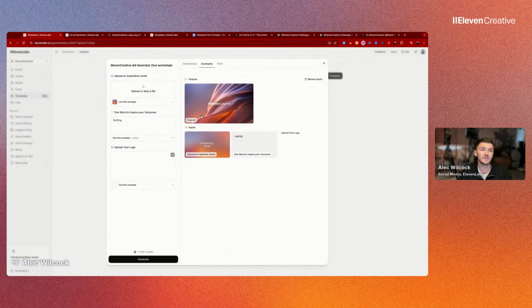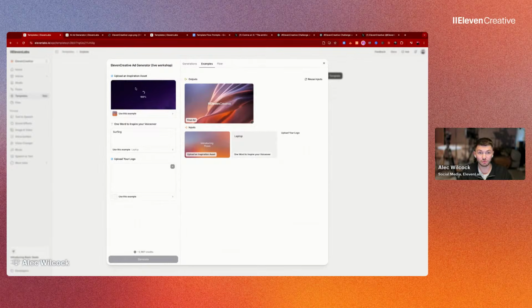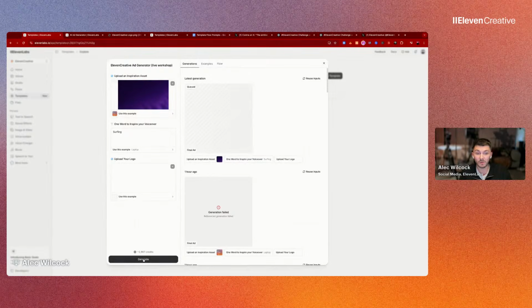And then instead of using the example we provided, let's say we wanted to use a different style reference. And let me just quickly grab anything from my downloads. So we've got this random purple gradient backdrop that I generated a while back. And now if I click generate, it's going to go through the exact same process, but it's going to use a different style reference. And so I'm just going to generate multiple times,